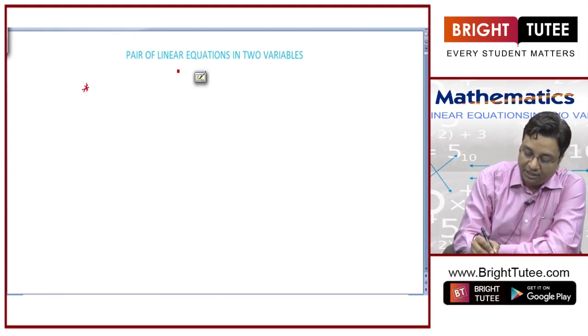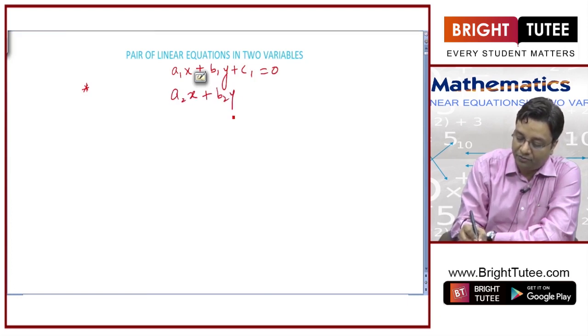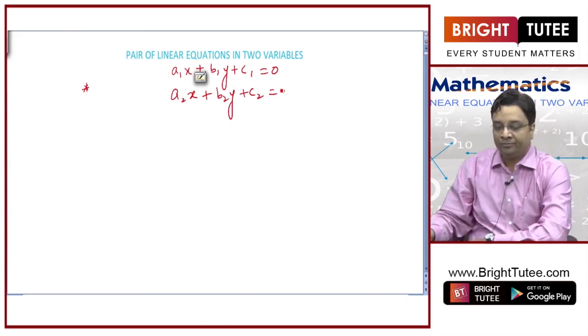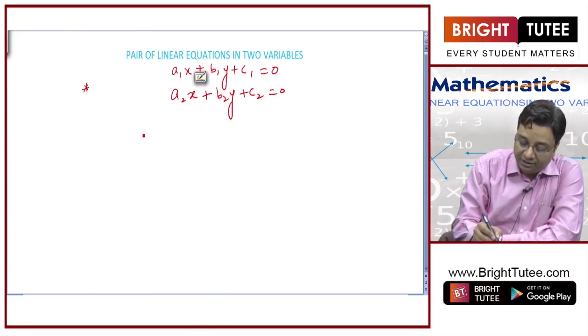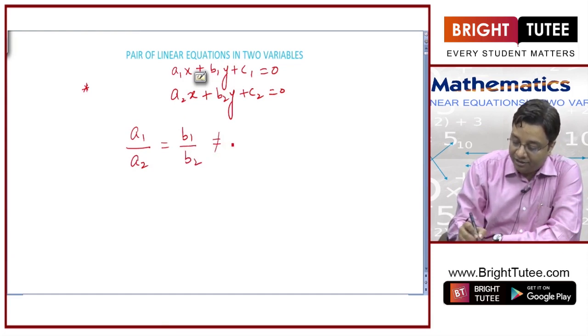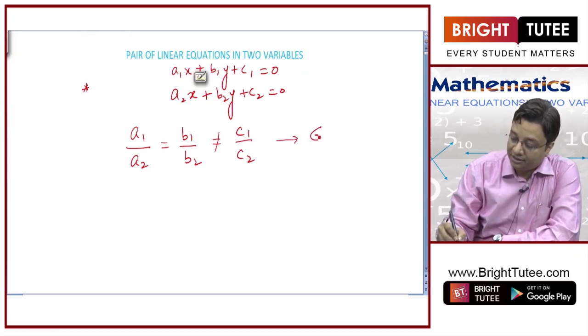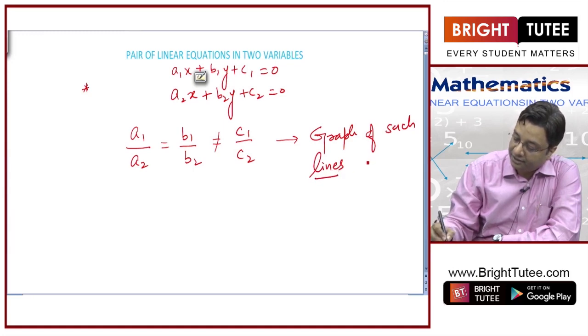Number 1, if the two equations are a1x plus b1y plus c1 equal to 0, and the other equation is a2x plus b2y plus c2 equals 0, then by observation we can say that if a1 by a2 is equal to b1 by b2 and it is not equal to c1 by c2, the graphs of such lines give us parallel lines,